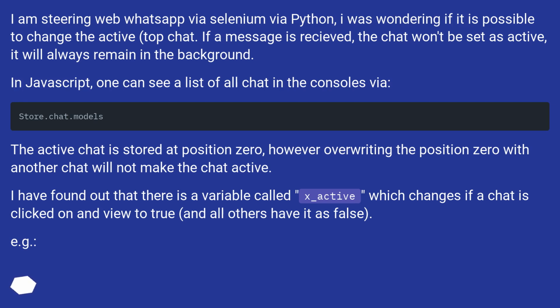If a message is received, the chat won't be set as active, it will always remain in the background. In JavaScript, one can see a list of all chats in the console via. The active chat is stored at position 0, however overriding the position 0 with another chat will not make the